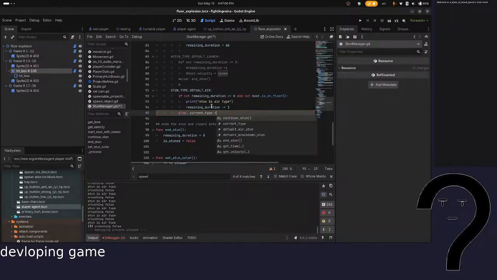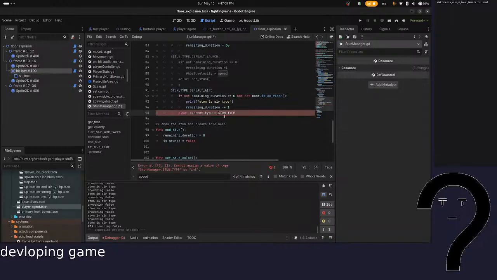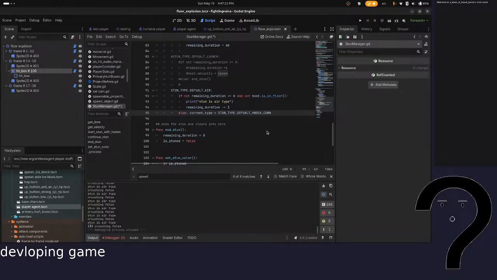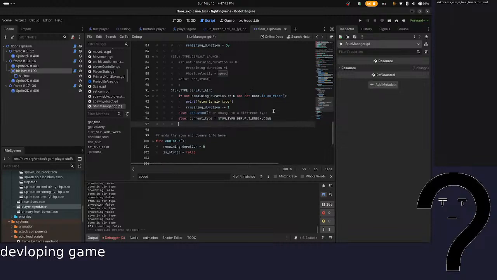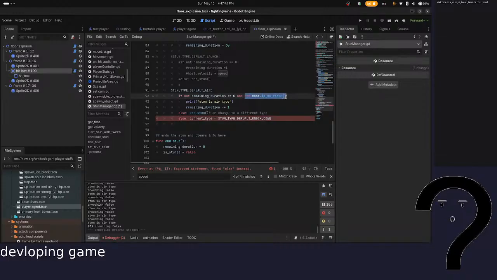Current type equals stun type dot default knockdown. No, that should only be if it's on the ground. Let me keep flying at least so I can copy it. And stun. If I do just this,